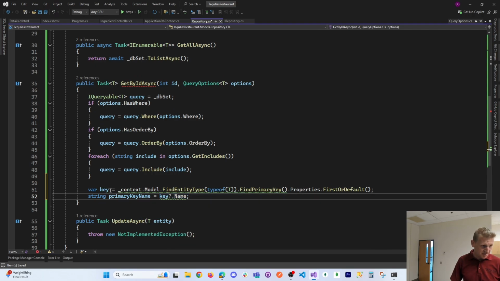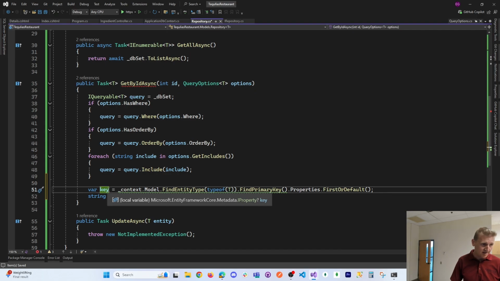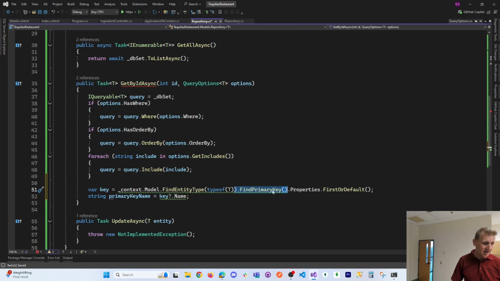And so you can see here there's a key that gets the primary key, and then set the name to the .name property that allows us to,